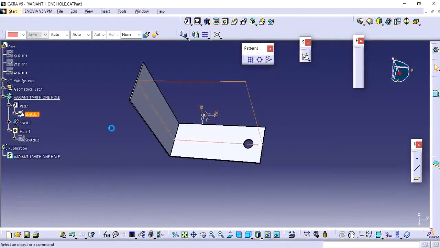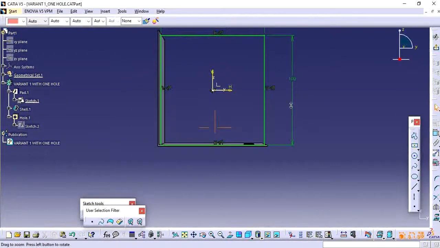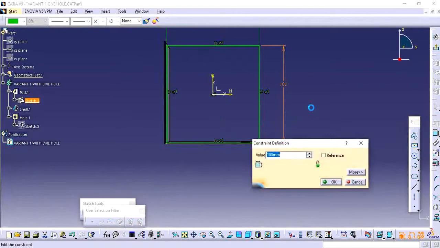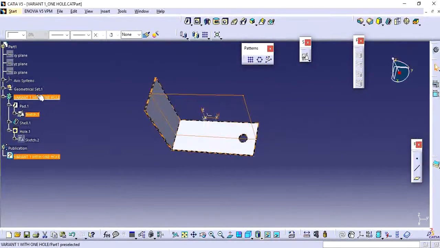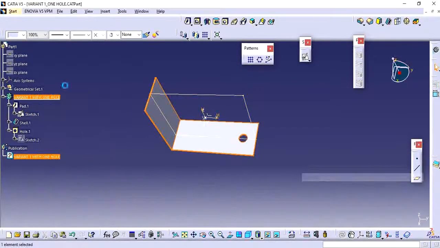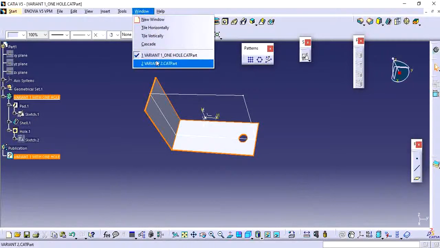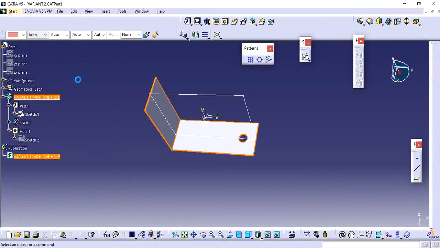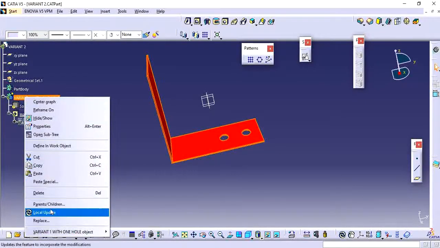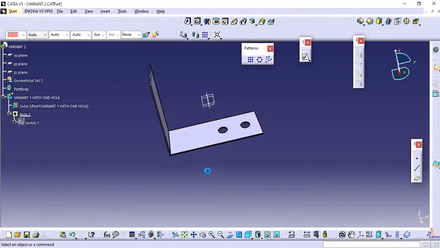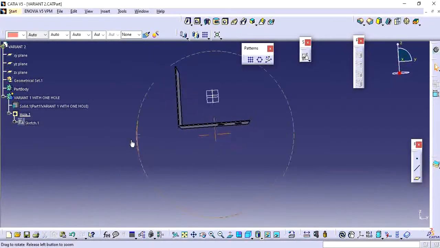Just if I change this height to 80 mm, and I open the variant 2, here also it will ask for update. The symbol P with the yellow means it is asking for update. Once I updated, my profile got updated.